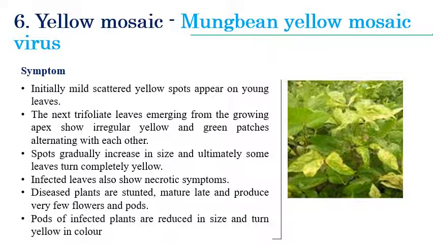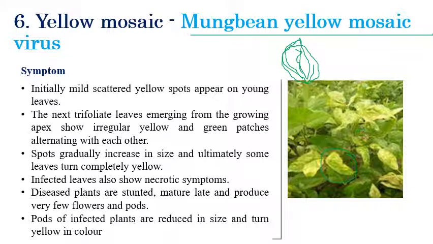In later stages, what will happen? Necrotic symptoms can be observed. Slowly the tissue starts to die, with puckering or taking inside, like wavy margins. Let us consider this as the original leaf. Slowly puckering or necrotic. Necrotic means death of tissues. Very simple. Necrosis means death of tissues. So the size of the leaf slowly decreases, and it strongly reflects yellow color in the later stages.